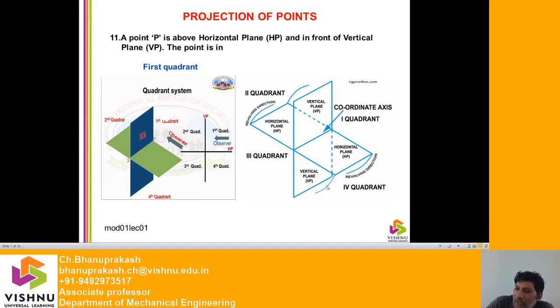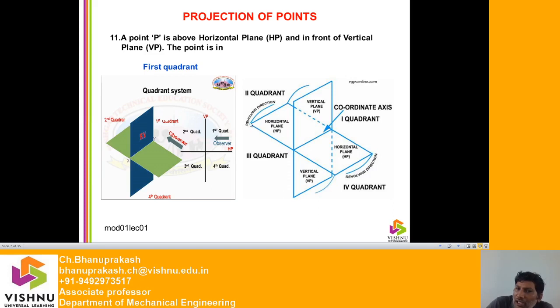When it is moving, this is the horizontal plane, this is the first coordinate, this is second, third, and this is the fourth coordinate. The horizontal plane moves in the clockwise direction, and when it has moved by 90 degrees, here is the vertical plane and here is the horizontal plane. So this is what you call the first coordinate. But see here in the third coordinate, what will happen? This is the vertical plane, this is the horizontal plane.